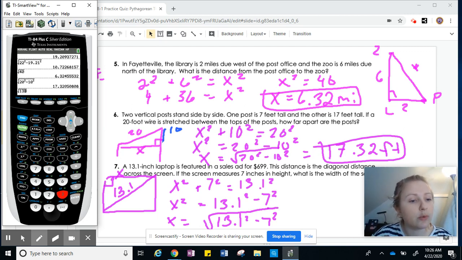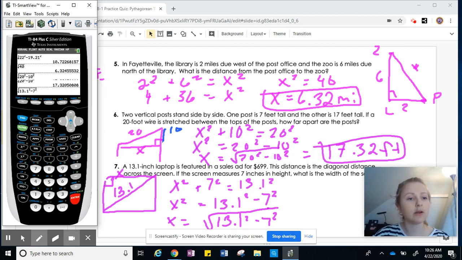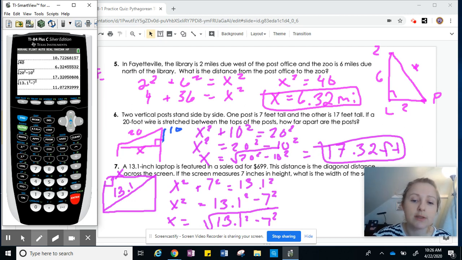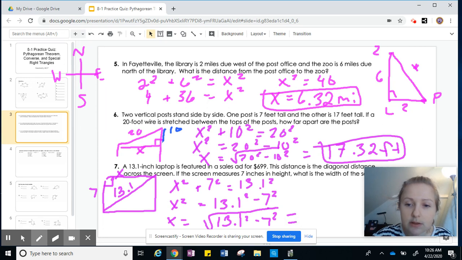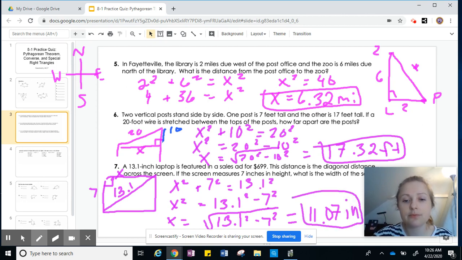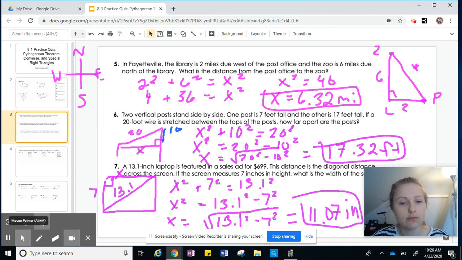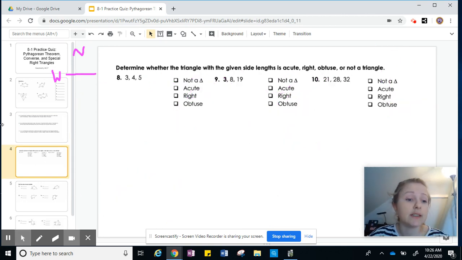So 13.1, oops, not 131, 13.1 squared minus 7 squared equals 11.07. So this equals about 11.07, and our unit is inches. Okay, so now moving on to